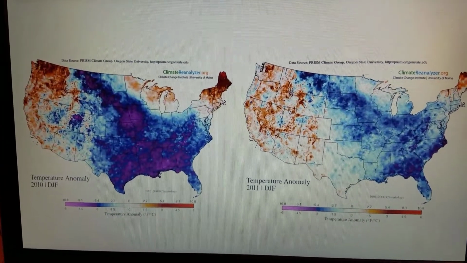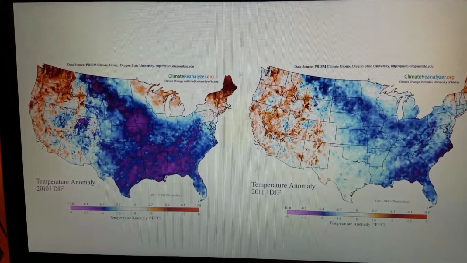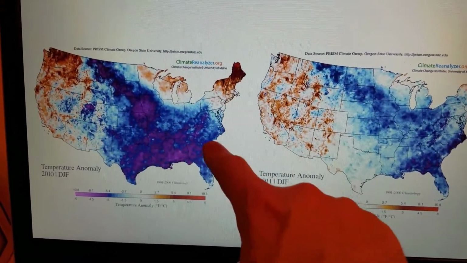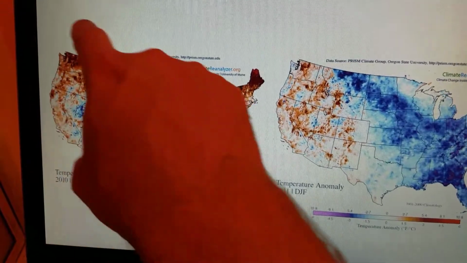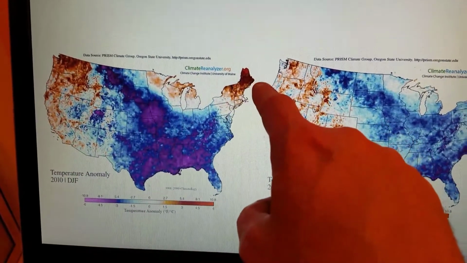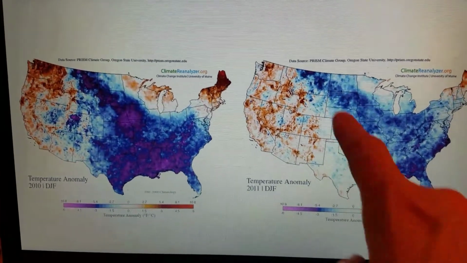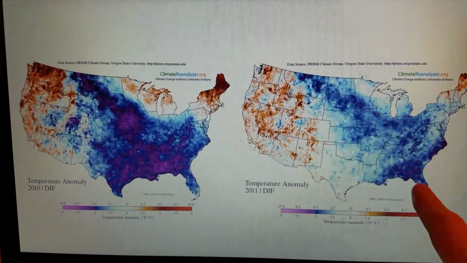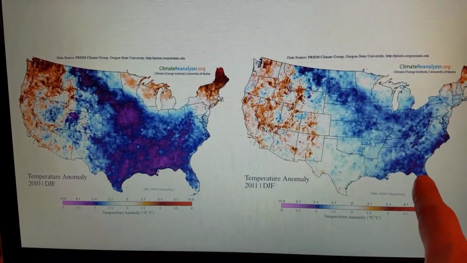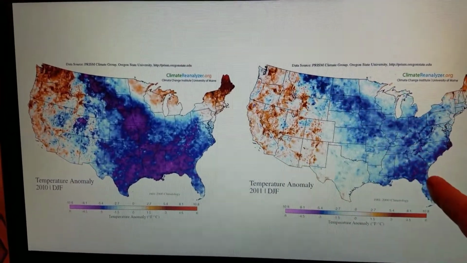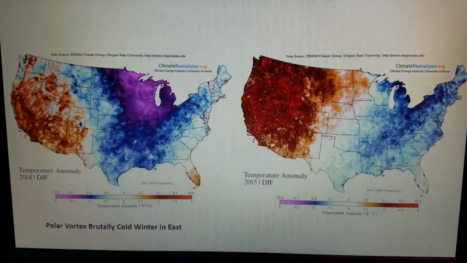Looking back now at 2010, a little bit more recent time frames, much colder temperatures, especially concentrated across the southern U.S., very mild across the Pacific Northwest and New England in the winter of 2010. And then in winter of 2011, again, very cold from the Canadian prairies all the way down to Florida, actually. So the cold penetrated farther south in 2011 in that winter.